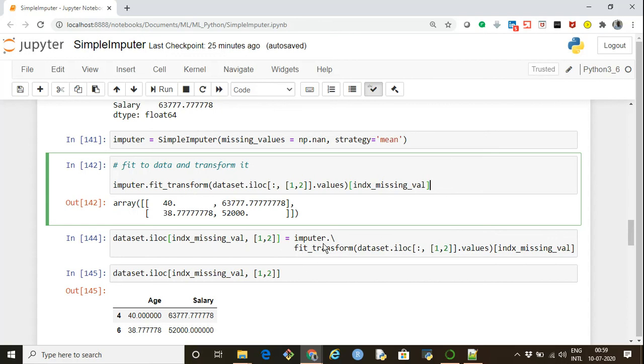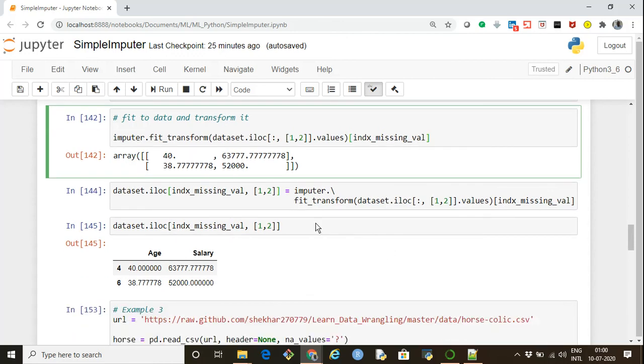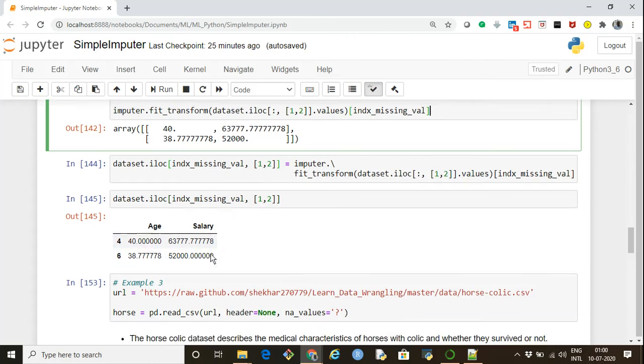And again it's the same thing, imputer.fit_transform dataset.iloc, select all the rows and columns at index 1 and 2, that is age and salary, and specify .values to convert it into an array, and select only those two records in which the values were missing. So this way it will assign values only for those records in which there were missing values. And this is what we get in our final data frame.